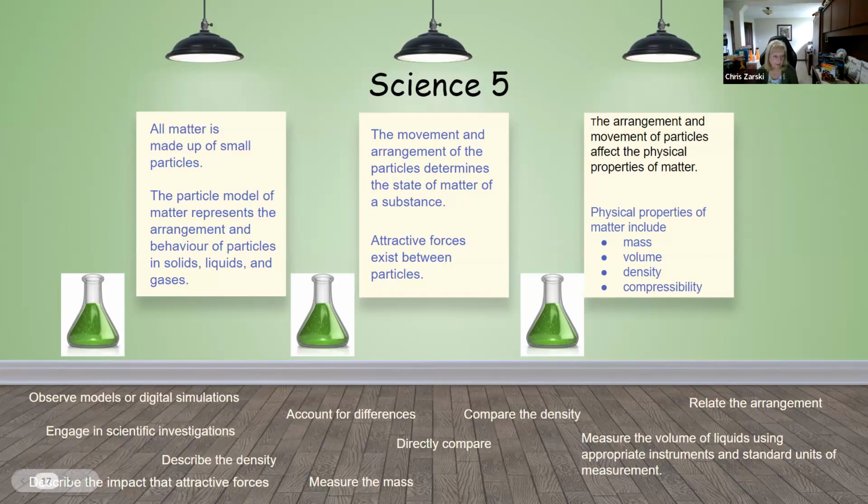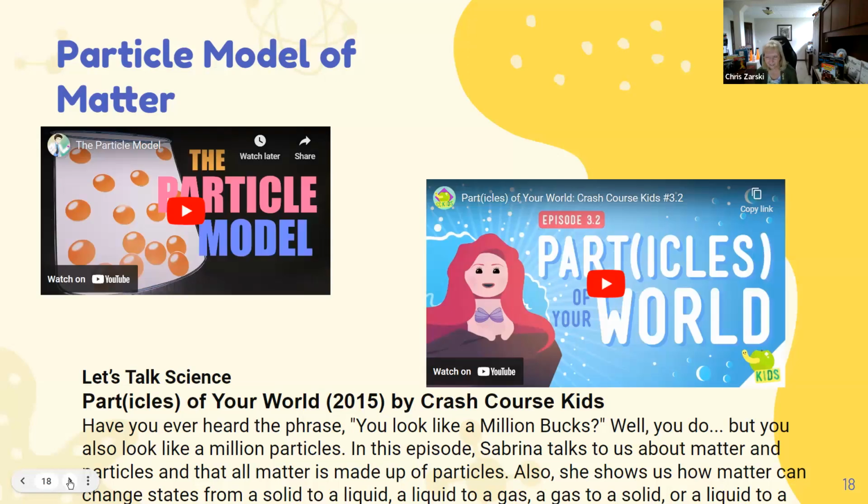So at the bottom on the floor here, you see a lot of the different areas that should be covered in grade 5 as I'm unpacking those different concepts. And so that'll be a component to have a look at. Some of those also overlap and are the same things that you need to cover in grade 6. So even though you might feel like you're going back and reteaching some of grade 5, a lot of it is in your grade 6 curriculum too. So you're really picking up outcomes at the same time for grade 6.